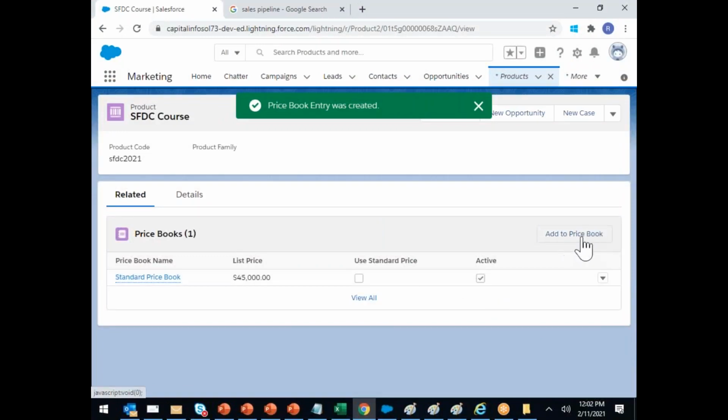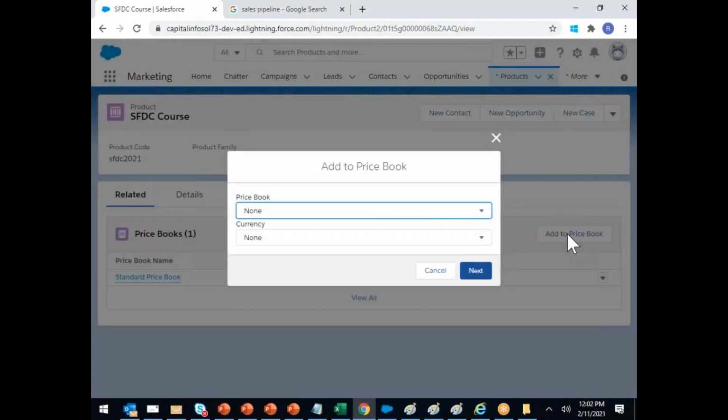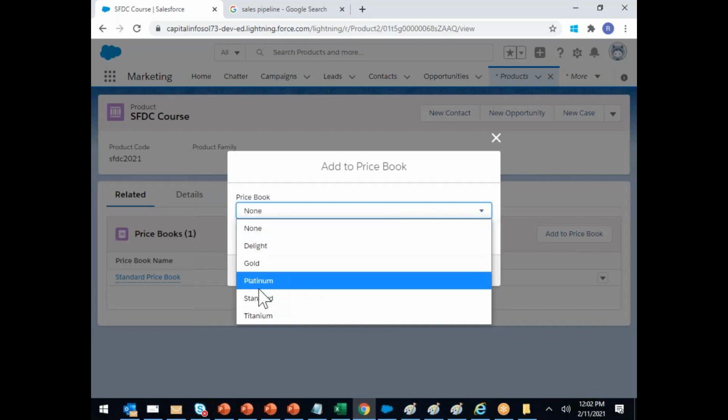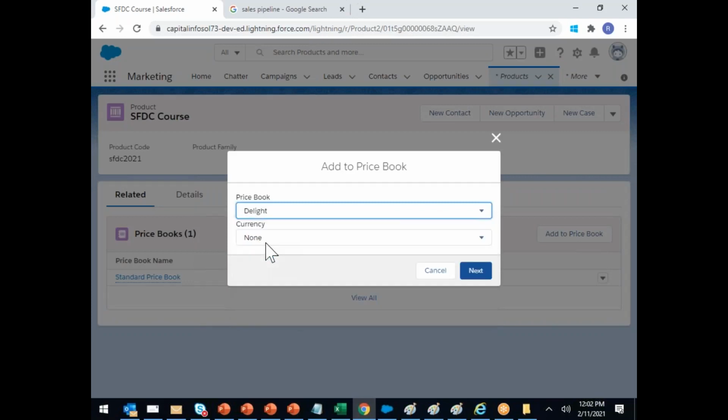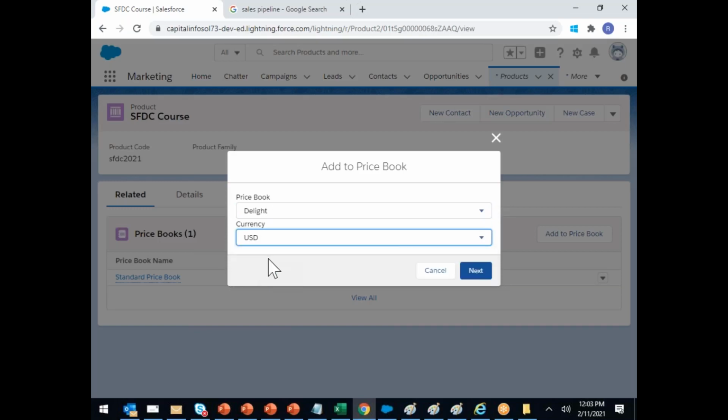Immediately, it gives you a button called add to price book. 45,000 is a printed price. Now add to price book. Which price book do you want to add? Let's add to delight. What is the currency? USD. Can I change the currency? Yes. For now, the whole Salesforce is in USD. We will change the currency later. Click next.